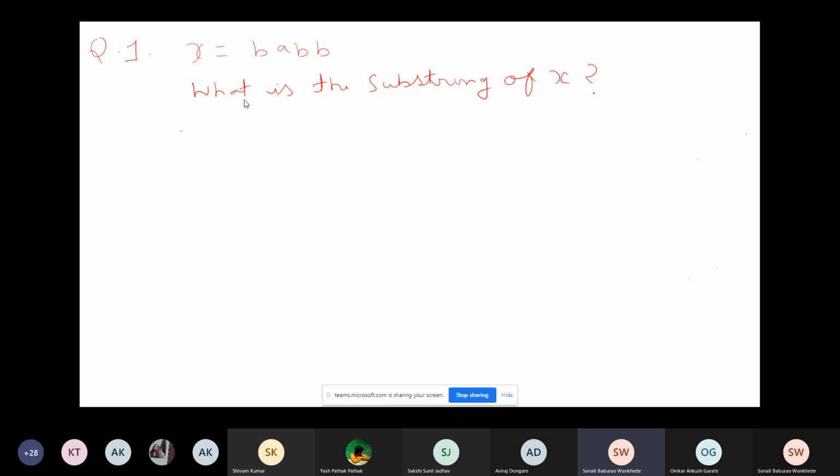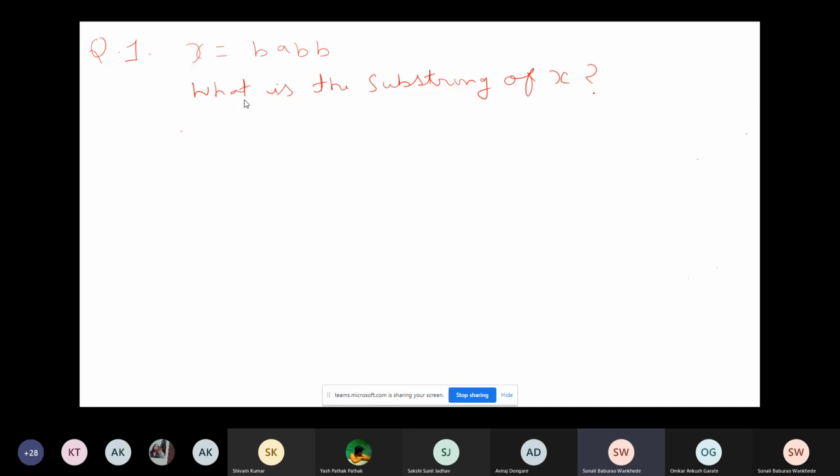Okay. See, let us take one example here. Our first question is x is equal to BABB. I'm giving you this question, x is equal to BABB. This is the way the questions will be framed in the exam. We have started with the basic part of our grammars and languages, so we have to just focus on simple things in today's lecture. I think we will require at least 2 lectures to move further on to advanced topics. So this is the way the question is framed in the examination.